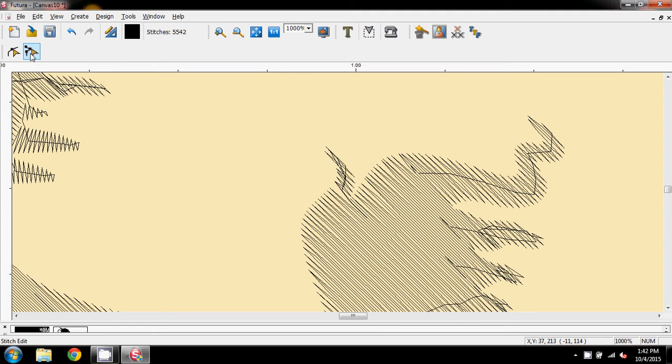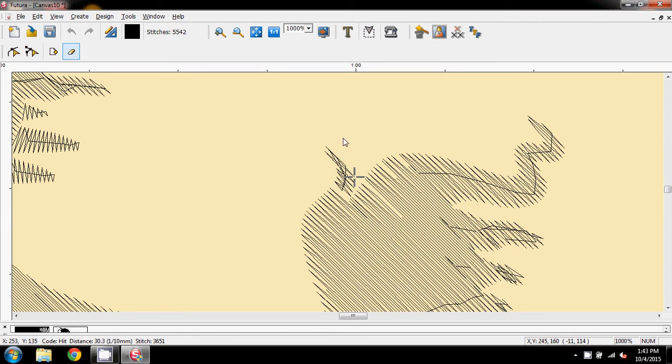First of all, I click on my stitch edit, then I have to click on the stitch that I want to edit, select it, and then right mouse click to detach my cursor so I can come up and click, in this case, delete stitches. So when I click delete,